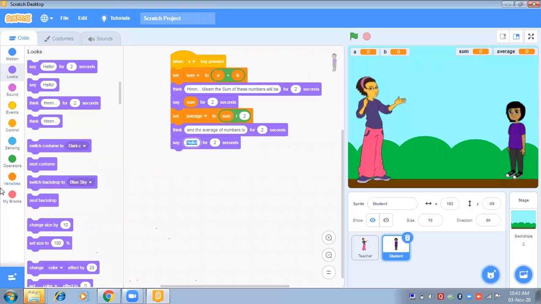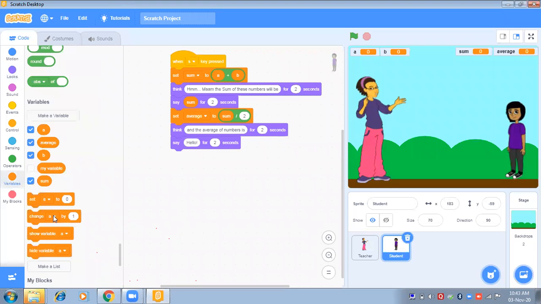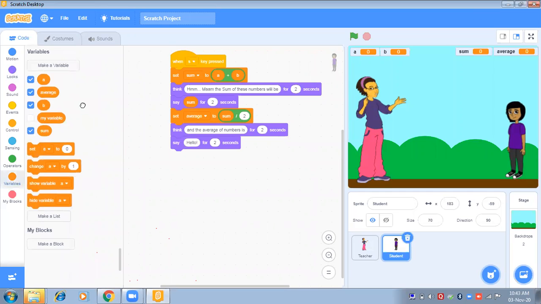Here you have to drag the block of average. Okay, so everything is done. So the student is also replying now.